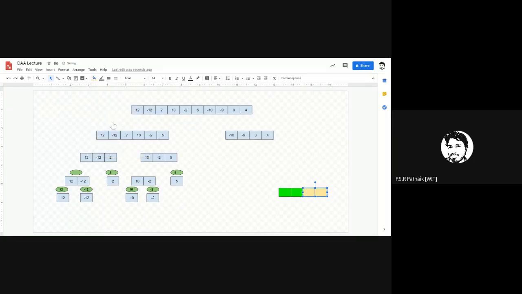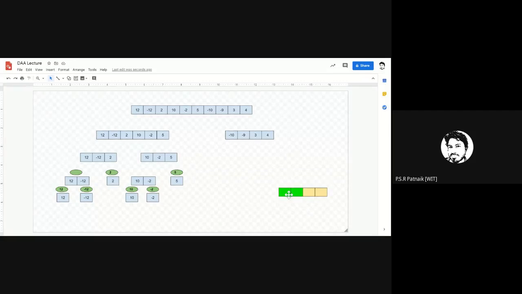So if I consider this as the right half and left half, I have combined this, right? So I have a sum for this. I know what is the maximum sum subarray for this part. Let us assume I know that. And I also know the maximum sum subarray for the right part. And when I combine these both, does it mean that the combination of these two will also be the maximum subarray for the entire window, so the entire subarray of size 4? No.